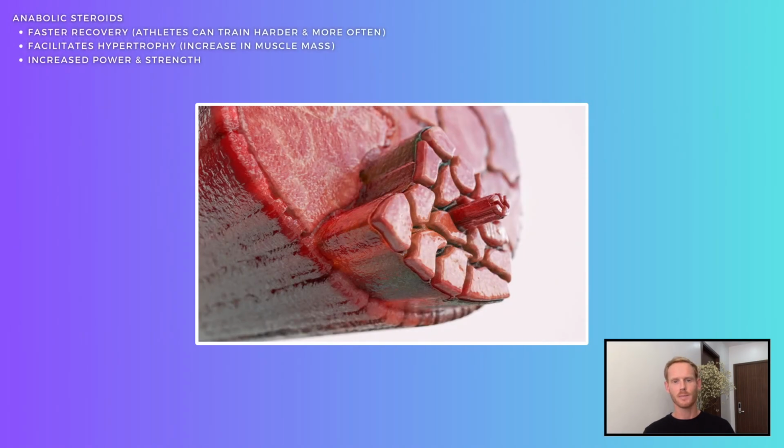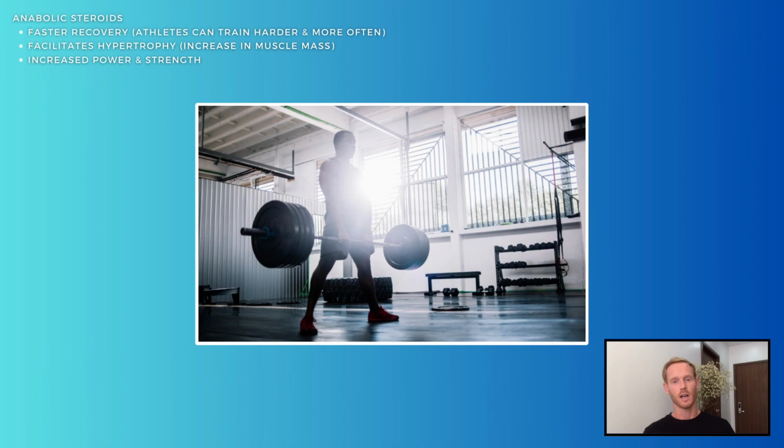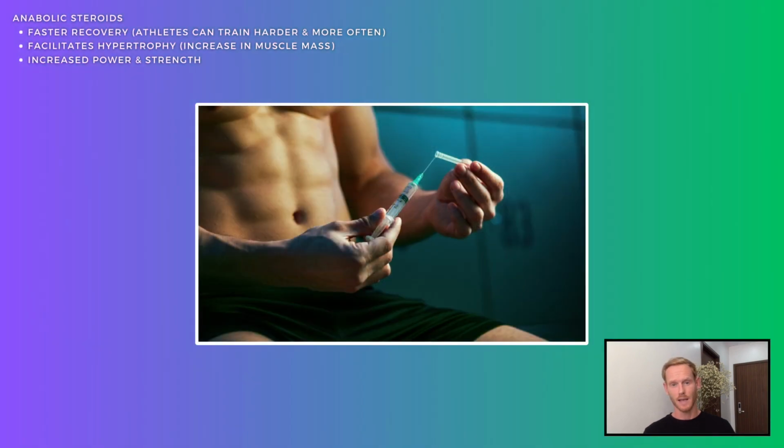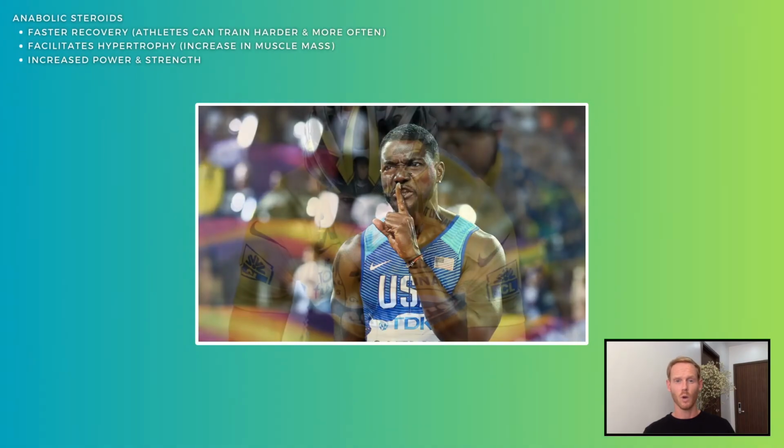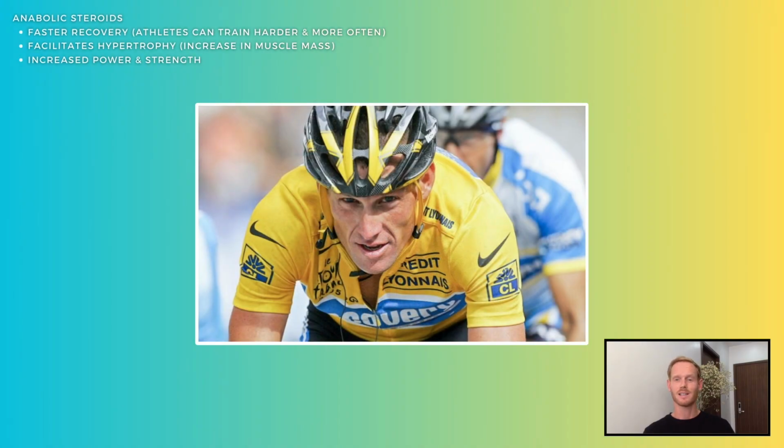Anabolic steroids speed up the rate at which muscle fibers repair themselves after exercise. This not only allows athletes to recover faster and train harder for longer, but also allows them to gain muscle mass more quickly, leading to improvements in power and strength. Anabolics may therefore be used by rugby players, sprinters or weightlifters who rely on these fitness components, while endurance athletes including cyclists may also benefit, as faster recovery times mean that higher intensities can be maintained throughout multi-stage events like